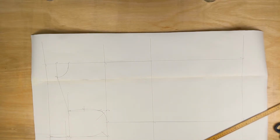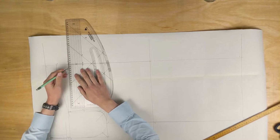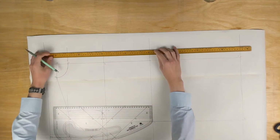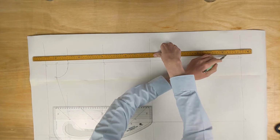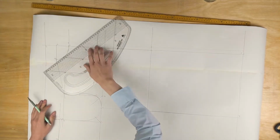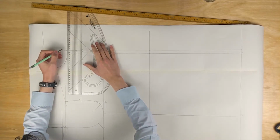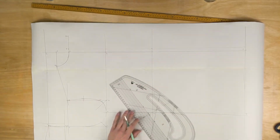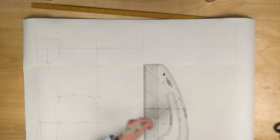21 from 27 is a centimeter and a half out for the other half of the placket, giving us a 3 centimeter placket. Square all the way down. From 27, 28 is out another 6 centimeters for a simple placket, and you could square that all the way down, but realistically, I think it'd be easier just to give it some inlay and cut off what you don't use later. From 17, measure 2 centimeters either side for 29 and 30,